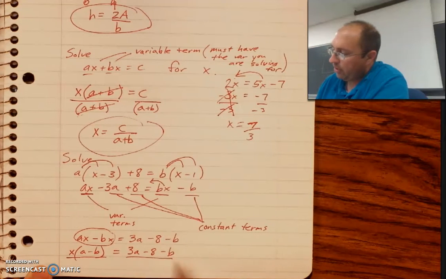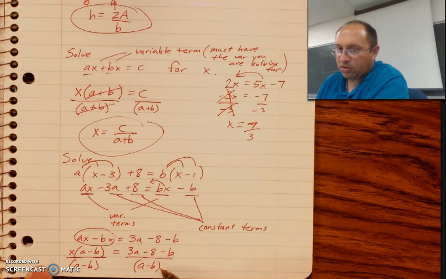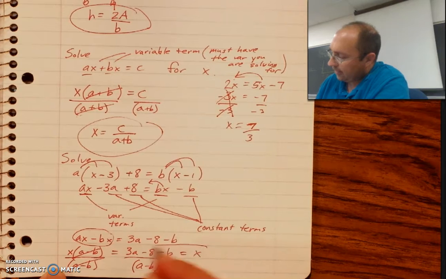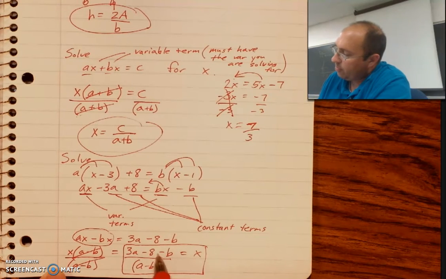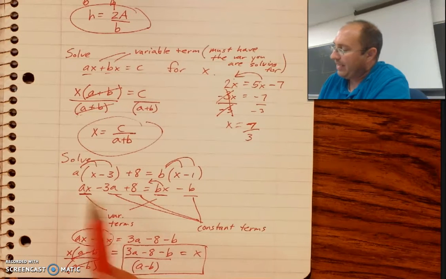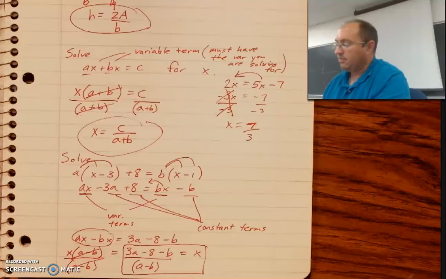Divide both sides. What are we going to divide by? We're dividing by the quantity a minus b. Like I said, these parentheses aren't magical or anything like that, but it's just helping you understand that those two things are canceling out. So this is x. Kind of ugly. The things in the top can be rearranged. They don't have a particular order. So we had to distribute. We had to move terms that were alike to the appropriate sides. And then we had to factor out the common x. And then divide by what was being multiplied times x. Okay,